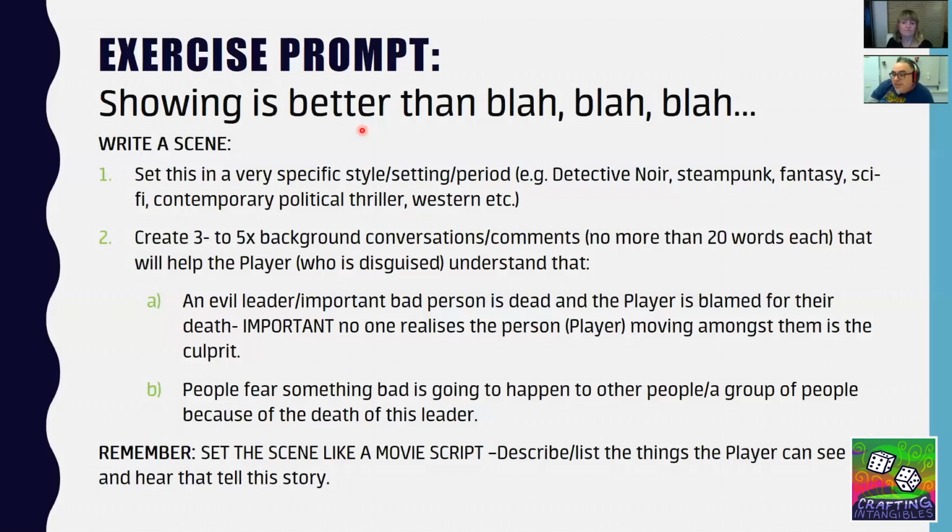Rather than rejoicing at the death of this important bad person, the people are frightened that something bad is going to happen to other people or a group of people as a repercussion of the player's actions or alleged actions. So that's why you're in disguise.